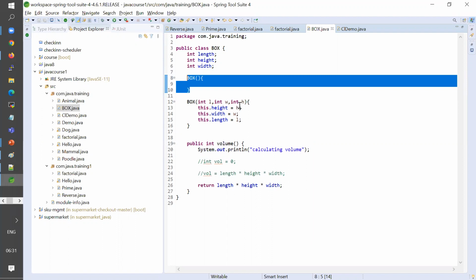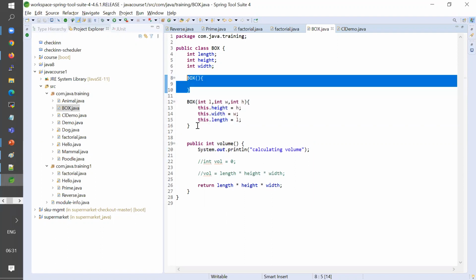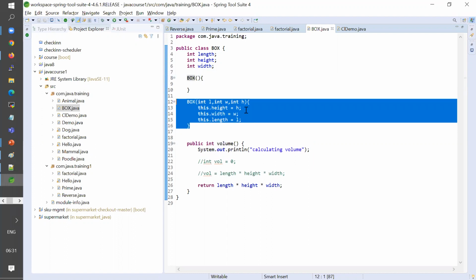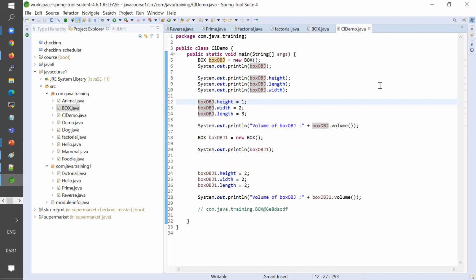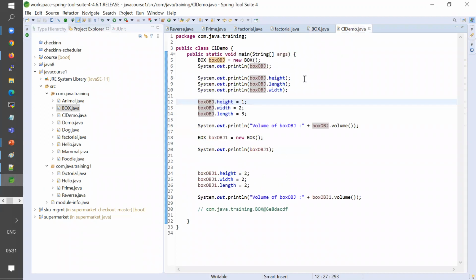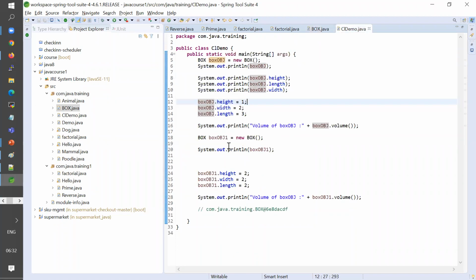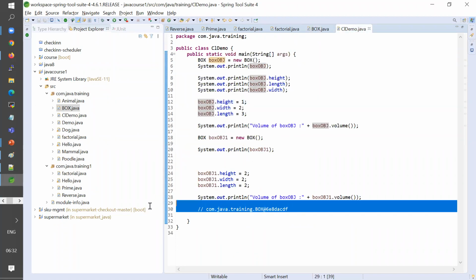What is a constructor? A constructor is nothing but a method with the same name as the class. That's it, as simple as that. If you see now, we have two constructors. One is the default constructor and another one is the parameterized constructor, right? Now this error is gone. But if this method is not there, and you don't create this, Java will implicitly create a no-argument constructor for you. Just remember that. Now that we have a new argument-based constructor, if I try to create a third object,